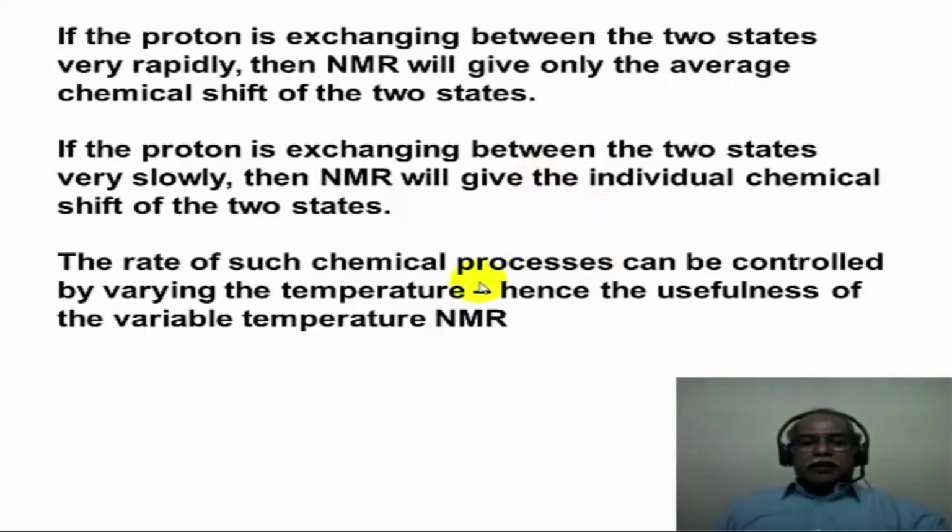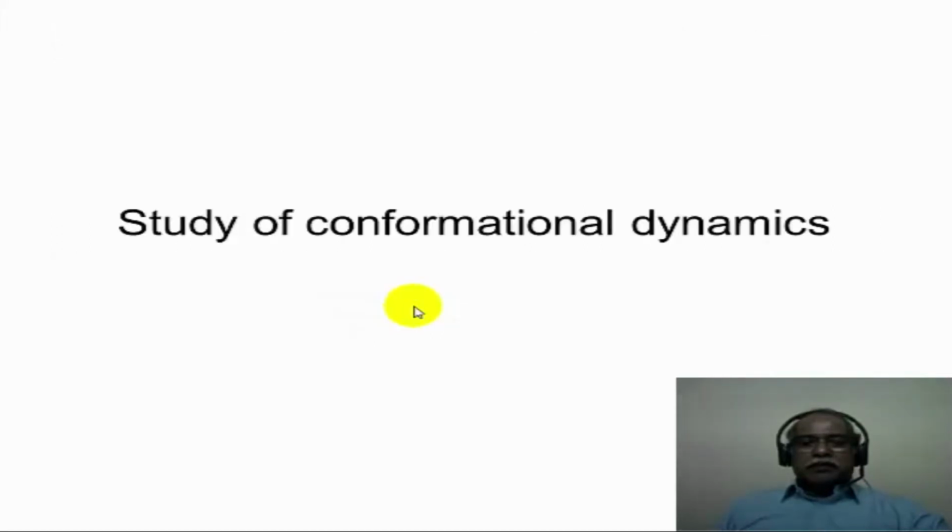Now, what makes the variable temperature NMR a very special technique? Because chemical rate processes can be controlled by temperature. The rate of a reaction can be controlled by a temperature, and hence the usefulness of the variable temperature NMR spectroscopy. Now, let us take the first example of the study of dynamic processes which are based on conformational dynamics